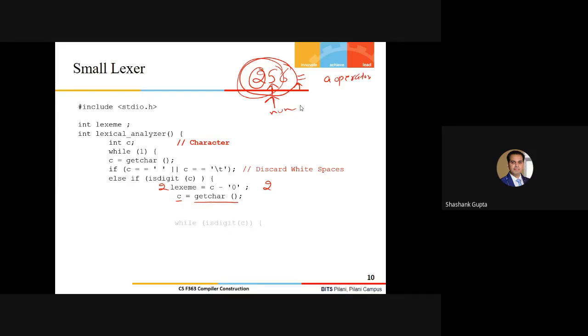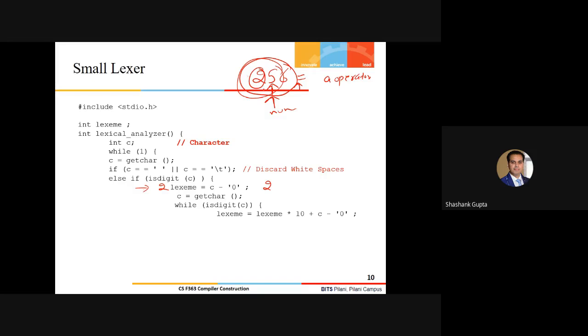So I have read the next character, and I'll do this operation iteratively. While it is a digit C, I'm just invoking this function. If it is the same character from the same class, that is a digit here, then again I'll do the same process which I did here.